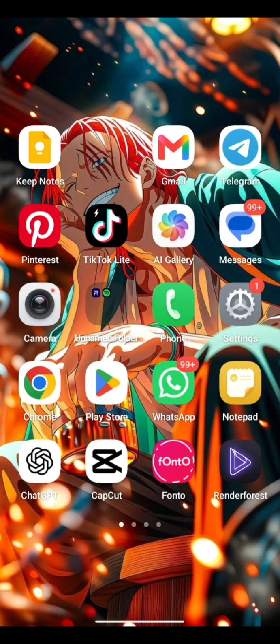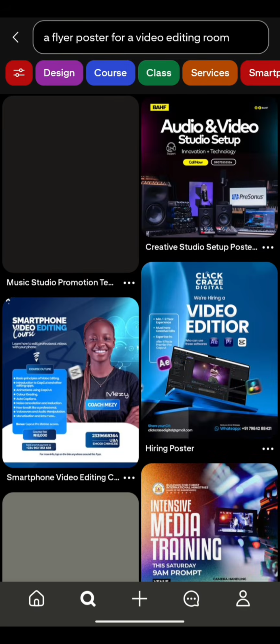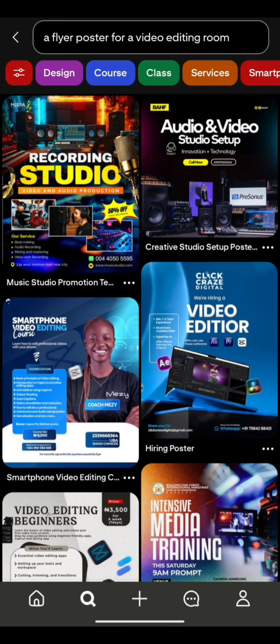So how can you do it? First of all, you have to have a reference image of what you want to create. Go over to Pinterest, then you look for any image you want. If you are creating a birthday flyer, look for birthday design. If you are creating a logo flyer, look for logo design. If you are creating a video editing flyer, short flyer,